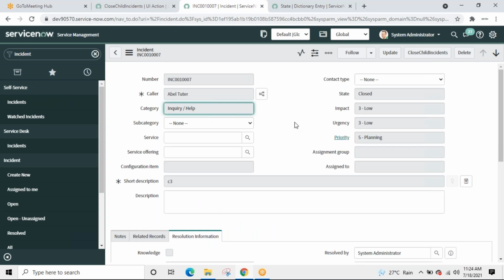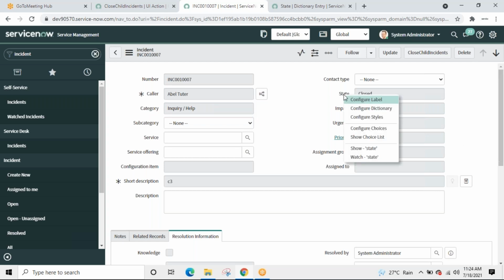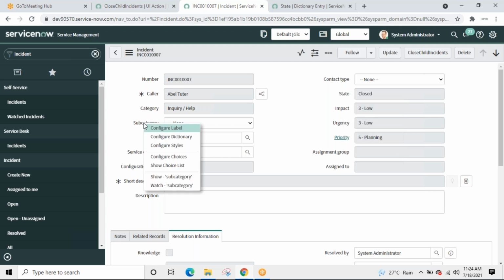The choices I showed you over here, where are those choices? State. Where do these come from? Whether it is the state field or this field or any other such drop down field, there is a common table associated with all.